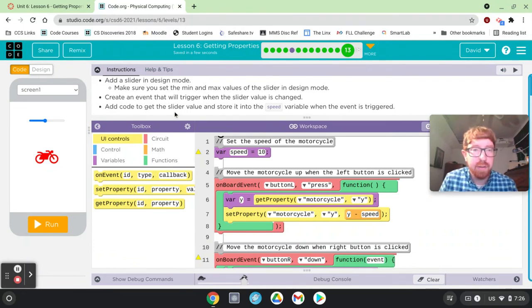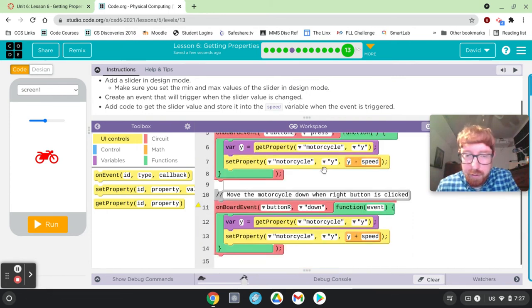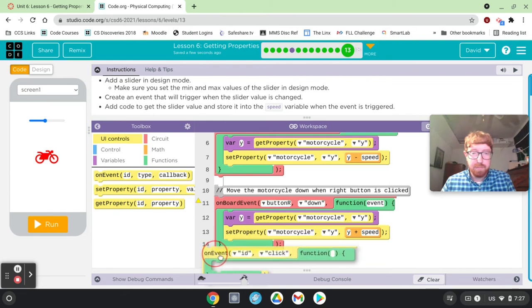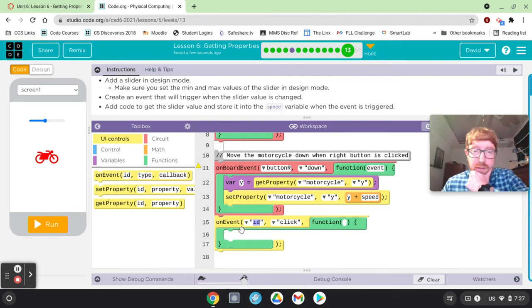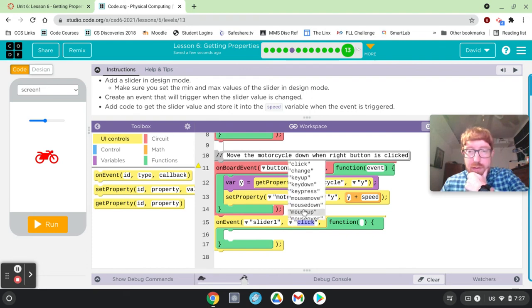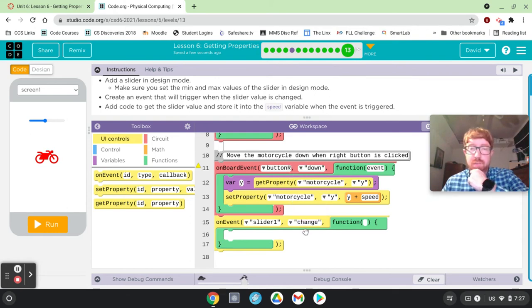We've got our slider added in design mode. Make sure you set the minimum and max values of the slider in design mode. Yeah, we did that part. And then create an event that will trigger when the slider value is changed. Okay, so we'll have an on event. And slider 1. Change when slider 1 changes, right, up or down,